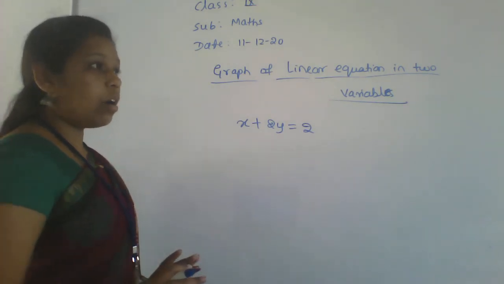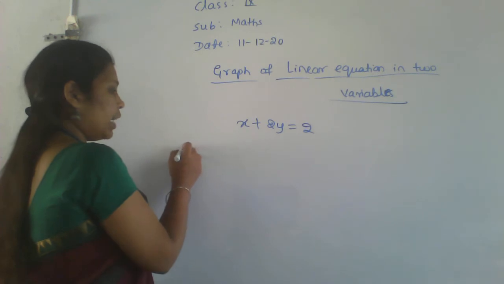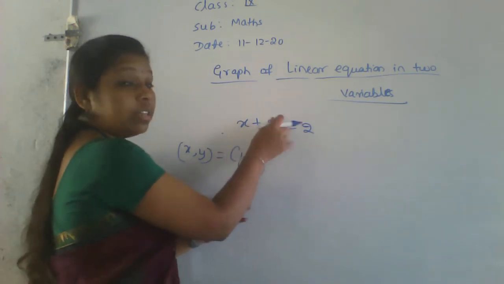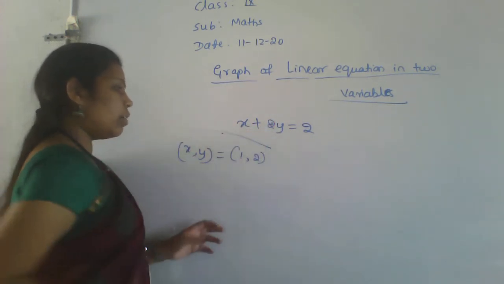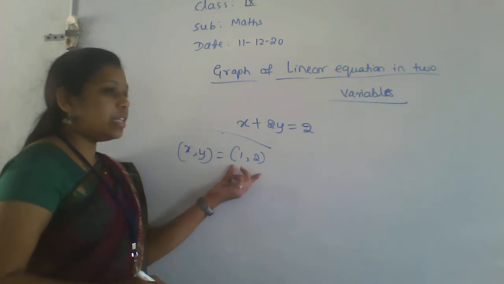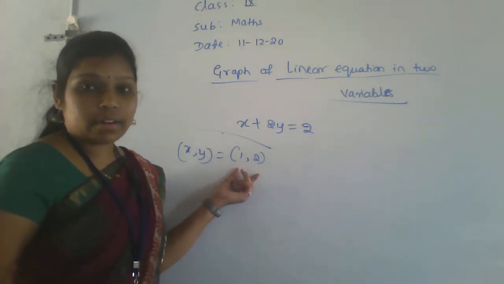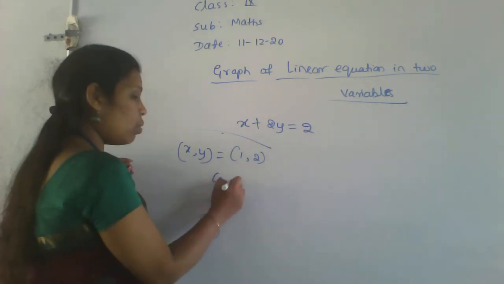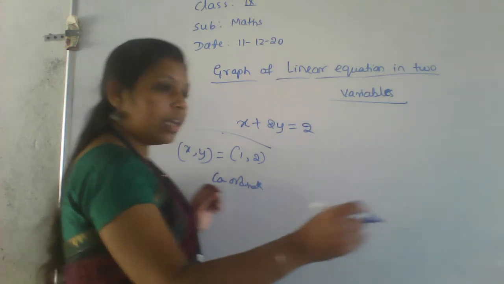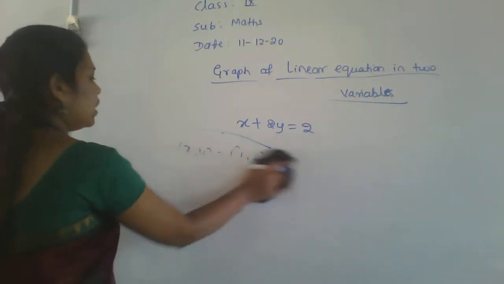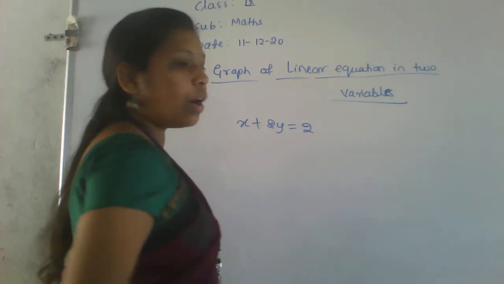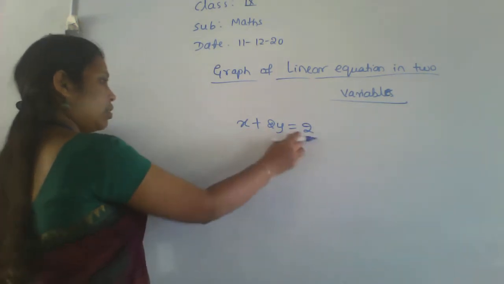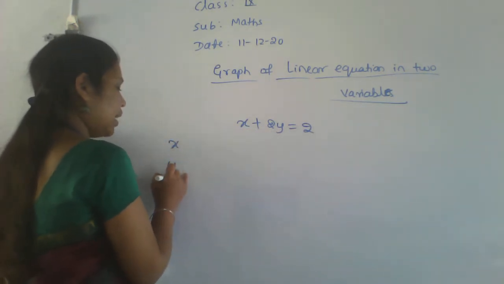Coordinate is nothing but what I told you. In any graph, if you take x comma y equal to 1 comma 2, I am giving any example, not for this one. This is a different thing. So 1 comma 2 is called a coordinate. These are the points, these are called the coordinates. So for that reason we have to find the coordinates first. If you know the coordinates, you can plot that graph, right? So first find the coordinate values for this given equation, that is x and y.